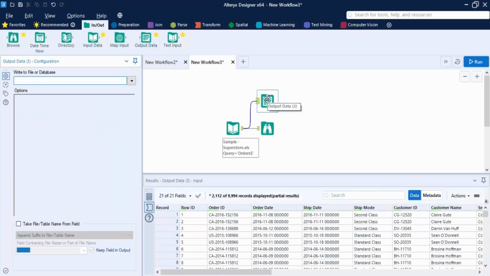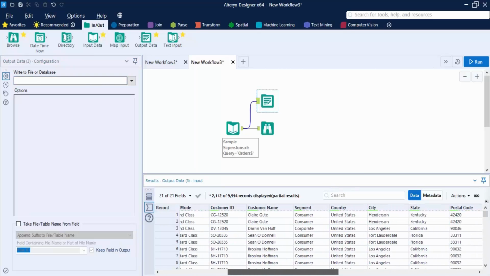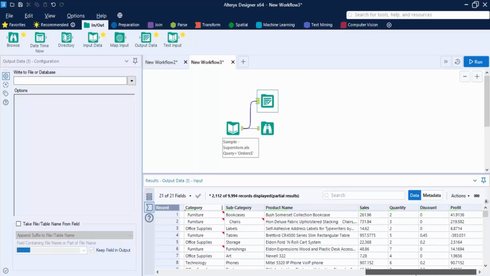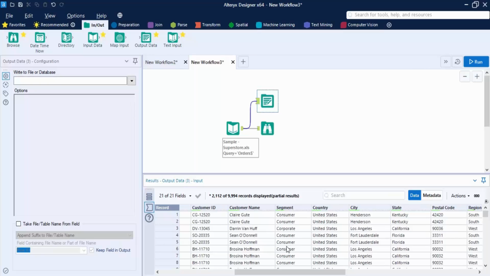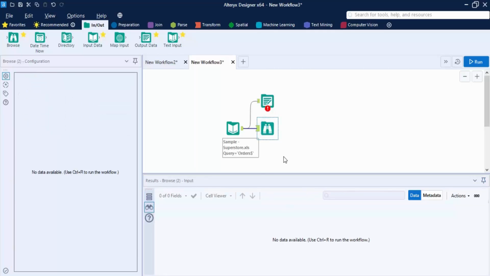Now what I'm going to do with this output data tool is select the category as the criteria. What I'm planning to do is use this category over here to output the data, or basically use a segment to output the data. So what would happen is all three separate sheets would be created. So if you apply this segment, if you take a look at the segment field,